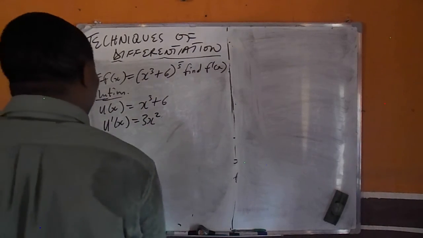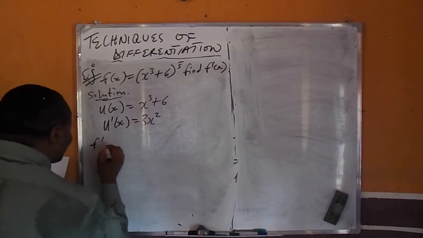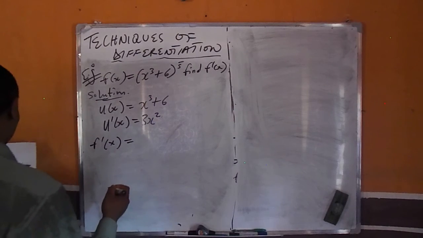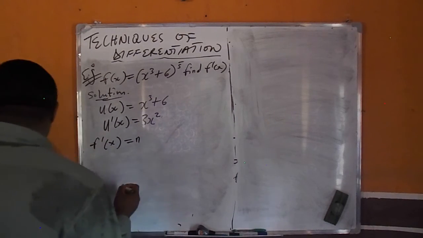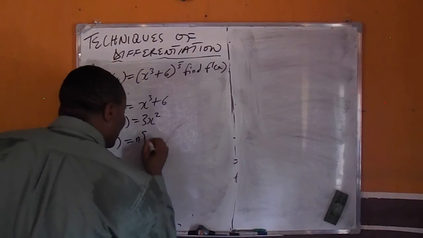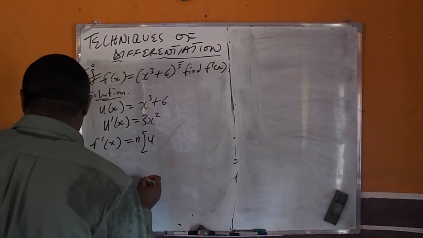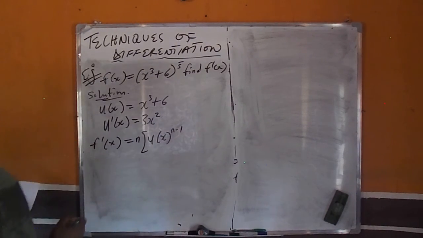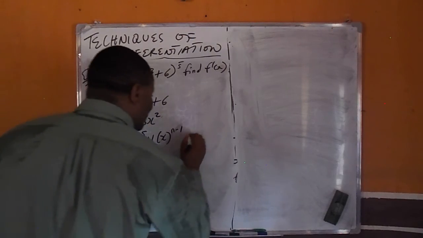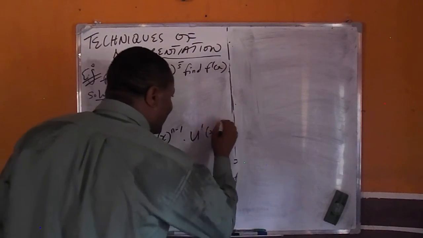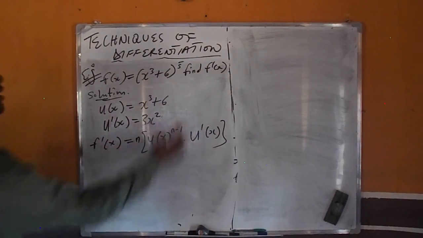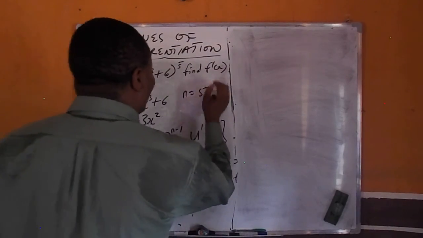Now what is the formula we use? The formula for generalized power function will say f prime x equals to n in bracket u of x bracket close, raised to n minus 1, dot u prime x. This is the formula. Then what is our n? Our n equals to 5, which is